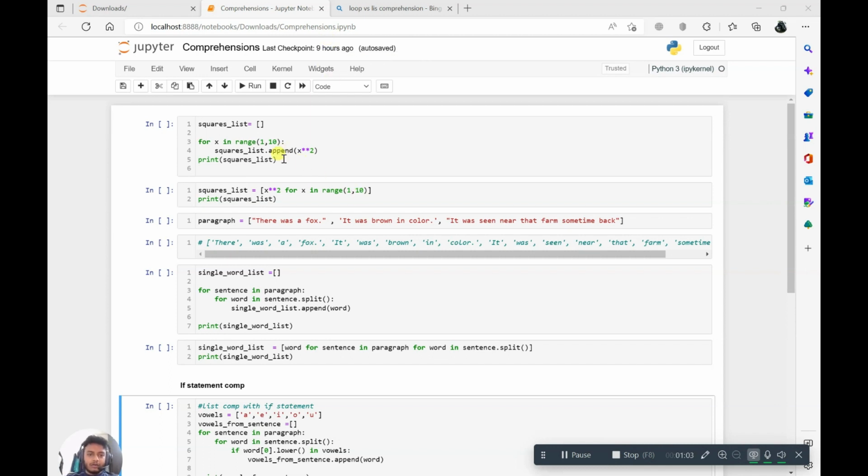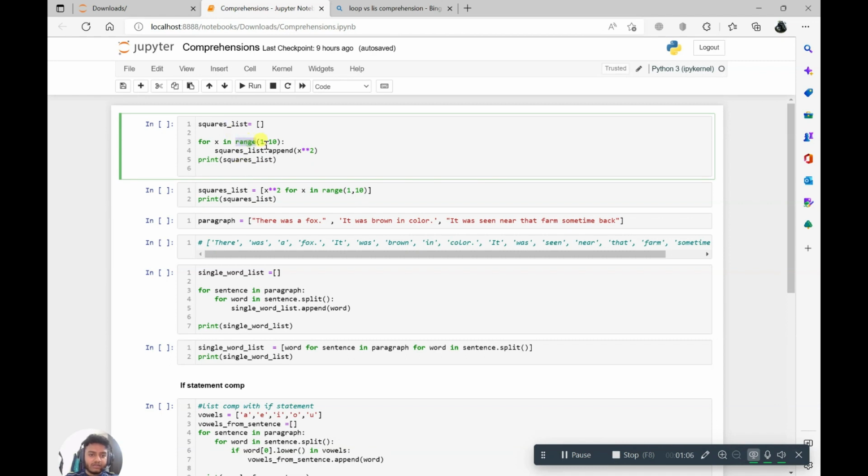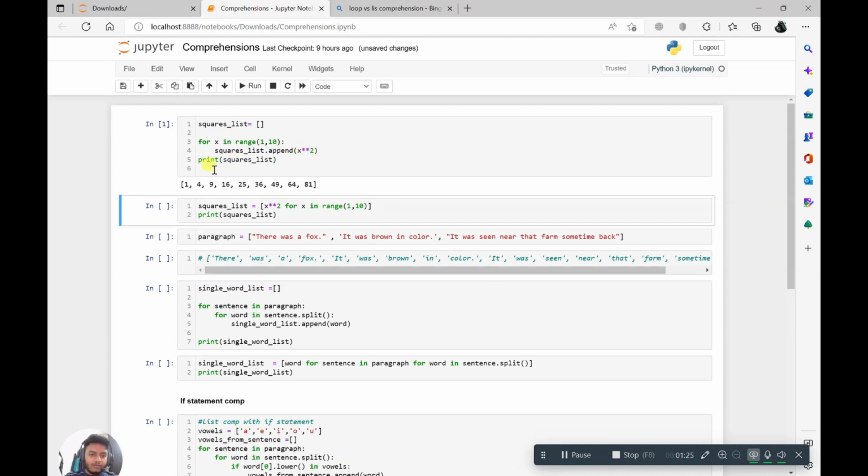You remember we were iterating through a range between 1 to 10, and what I want is the square of x. Whatever the value of x, it will come here, square the value of x, and return whatever the square is. Let's print this and you will see what values we get. Square of 1 is 1, square of 2 is 4, square of 3 is 9. So like that, we are doing